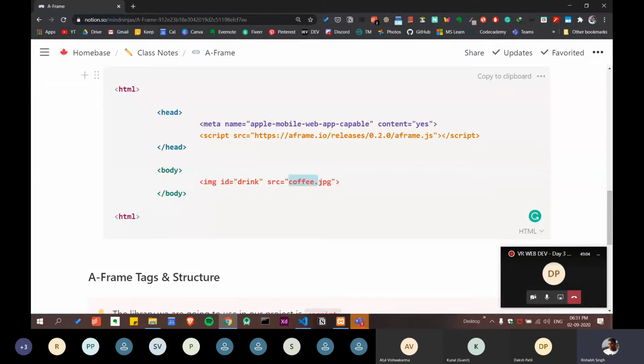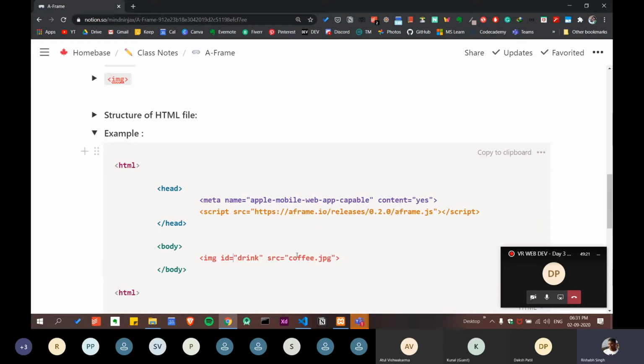Suppose I have stored the image in the same folder as this HTML file, so I don't have to worry about the location. I have directly added the name of the file, coffee.jpg, so it will display the image of that particular file. Again, you can change the extension, it could be PNG.